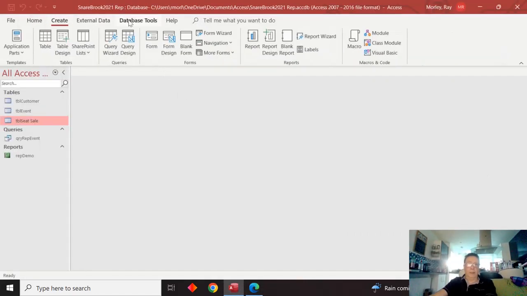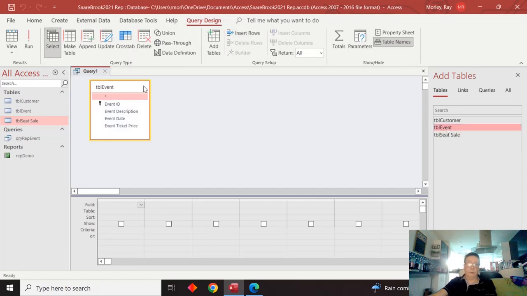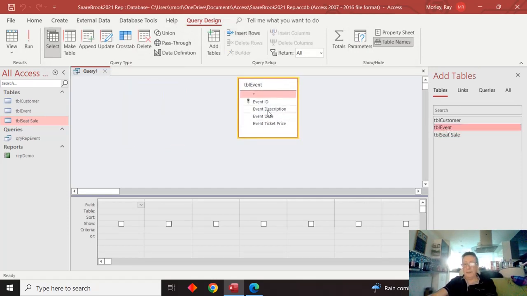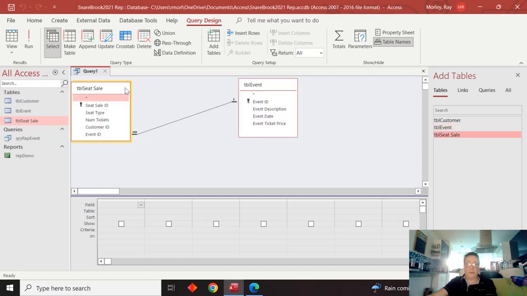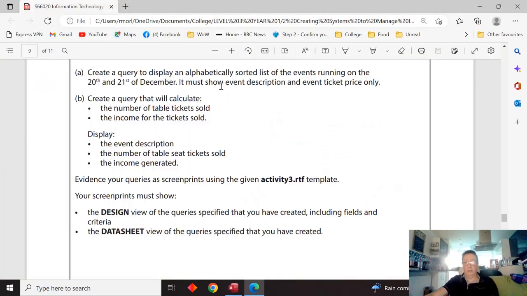Create a query. Definitely need event because that's got description in. We need the event description and we need the event ticket price. And we're also going to need sales because sales has got the number of tickets. So left to right, event description, the number of tickets and ticket price. We've got all of that and seat type because in our